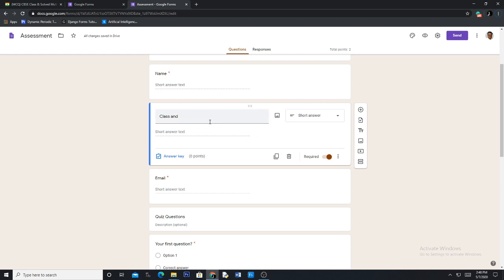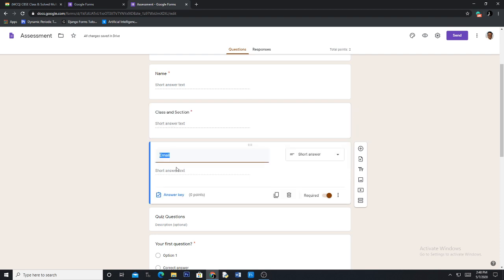I leave it as short answer, and this is 0 points. 0 points means it is not marked. This is not a question, that is why it is 0 points. So I don't disturb it, let it be as it is.